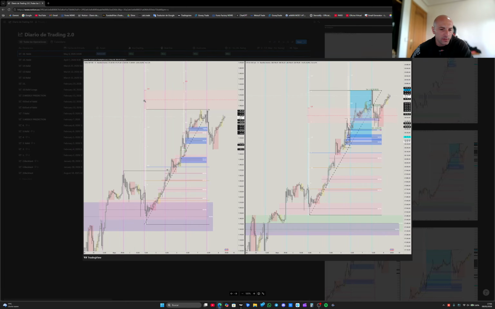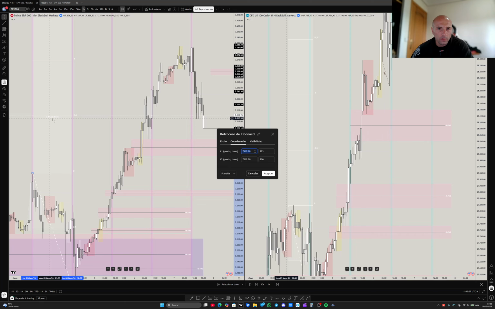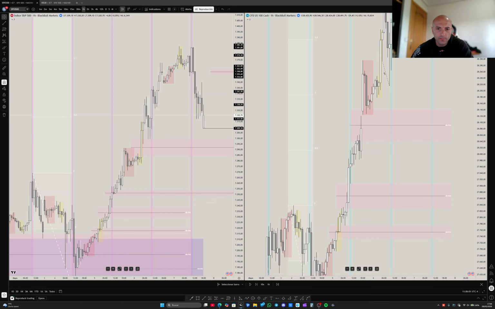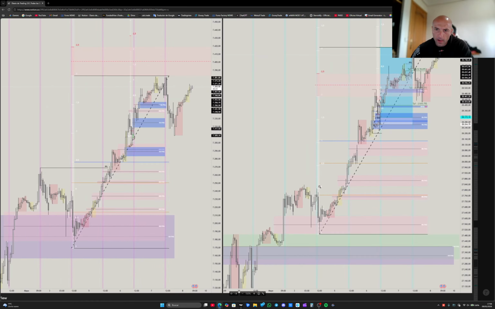No, standard deviation? Yes, it was standard deviation. Hold on. Not sure what I'm talking about. Standard deviation. Okay, so this is the leg on Nasdaq. From here you draw that. You have the 2 to 2.5 zone around here